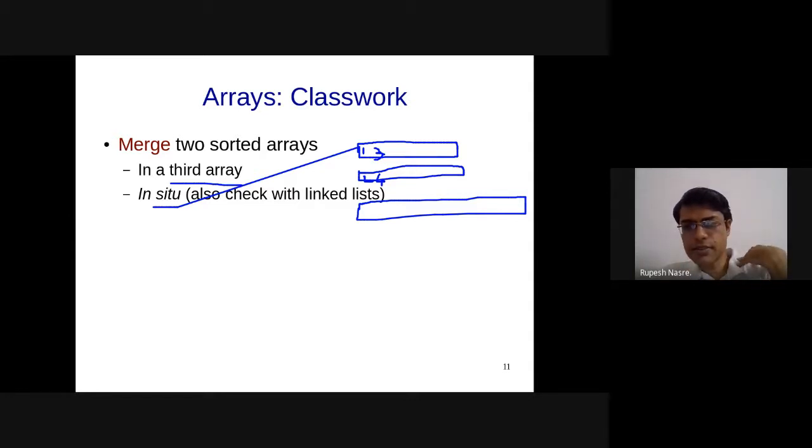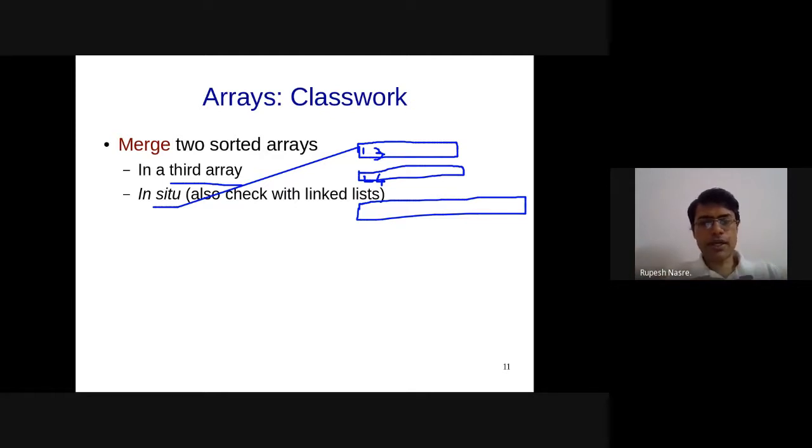Is it like that, Vishwa? I see. Okay, so that's again a valid algorithm, where you copy the first array into the third array, and then after that you append the second array and then sort all of this, right?